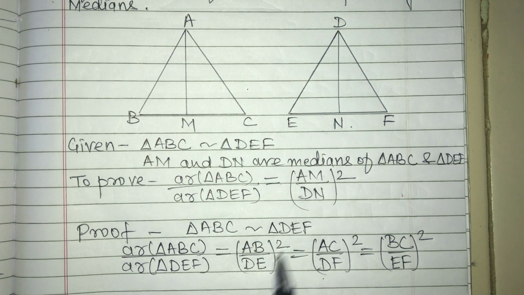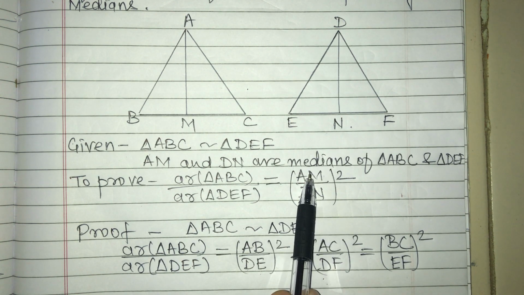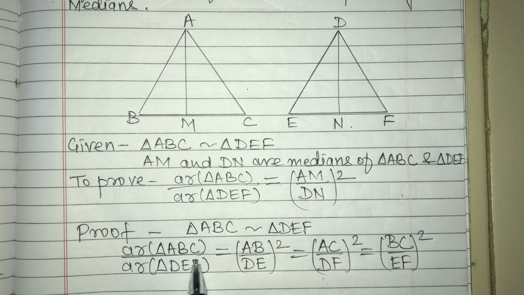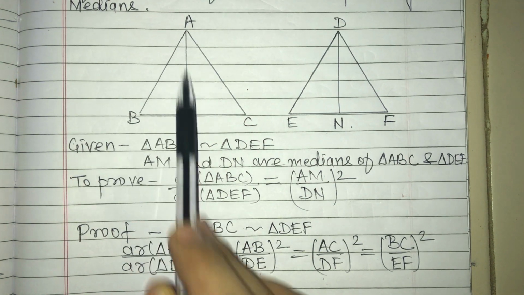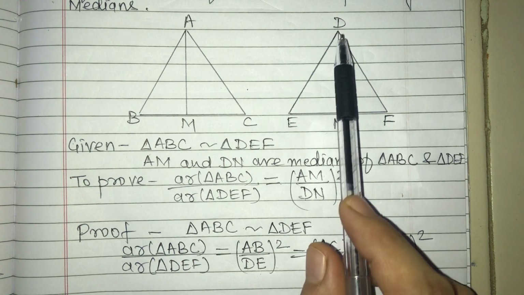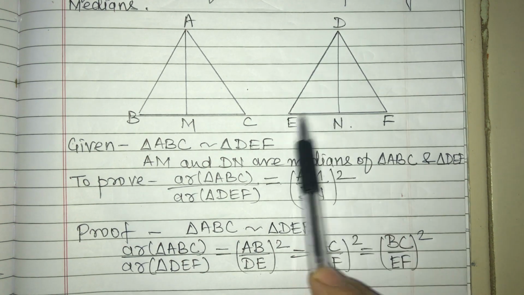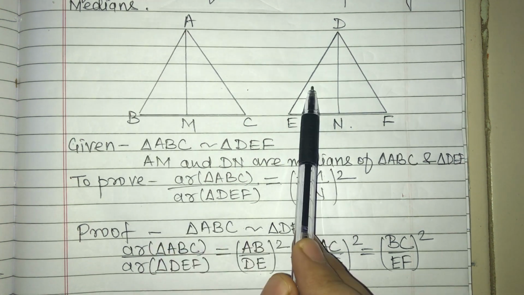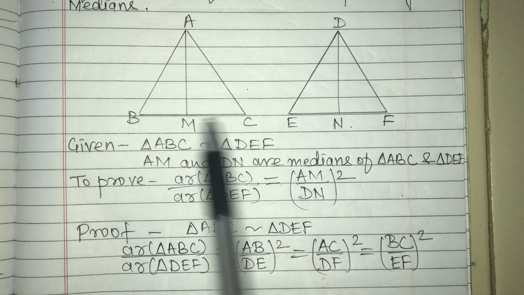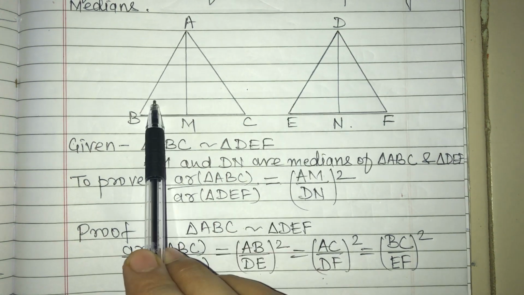If we prove that any one of the ratios AB upon DE, AC upon DF or BC upon EF is equal to AM upon DN, then we can replace this ratio by AM upon DN. So we are going to prove that triangle ABM and triangle DEN are similar. If these two triangles are similar, then AB upon DE equals AM upon DN. So for proving these two triangles to be similar,